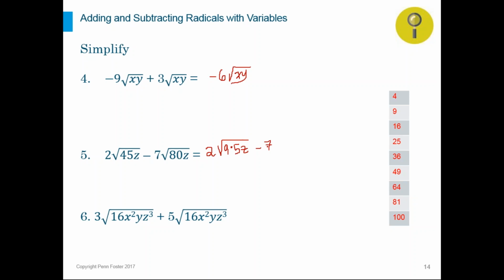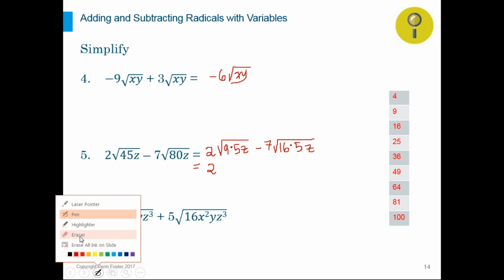What about the 80? How can I rewrite the 80 so I can use one of the perfect square factors if possible? Well, 16 times 5 will give you 80. So 16 times 5, and I still have times z. Okay, let's simplify further. Equals 2. Now, the square root of 9 is 3. 3 times 2 is 6. So let's write 6